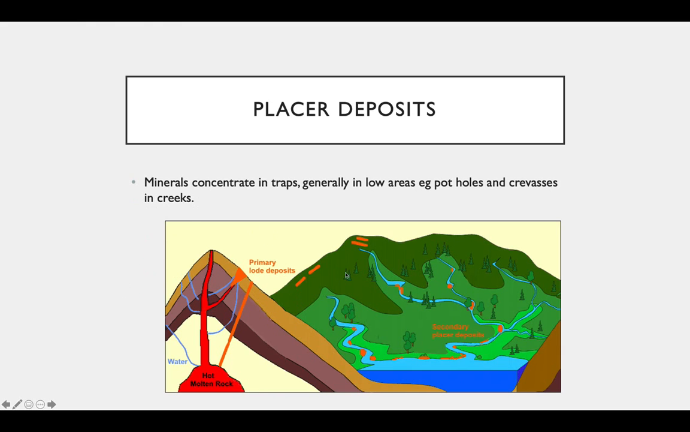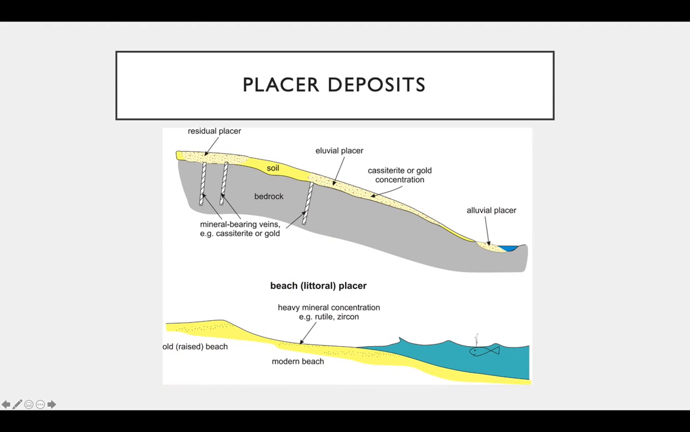So the minerals concentrate in traps associated with superficial environments. So we might have our primary ore body, and then we might have deposits occurring in the bows of rivers or along beach areas, etc. So here's just an example: we have mineral-bearing veins that might have cassiterite or gold in them, and they're weathering out, and we can get concentrations because the cassiterite is heavy. It drops out earlier than many other minerals like quartz, and so it will form in traps where there's a change in the energy of the